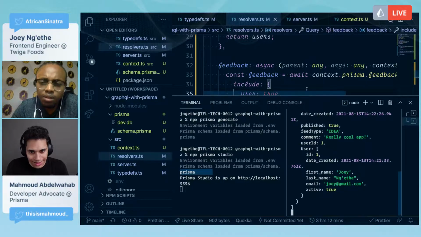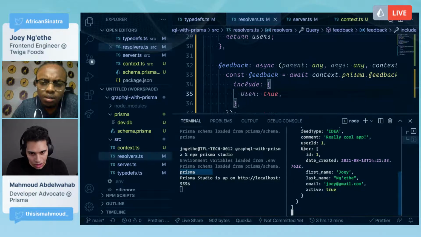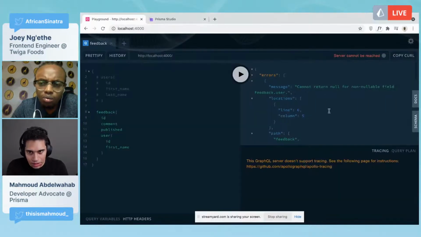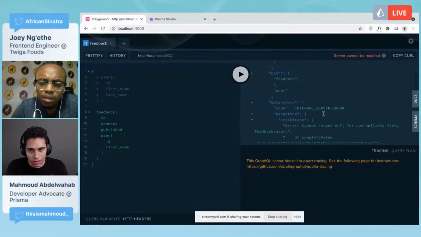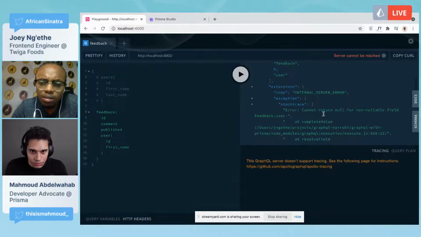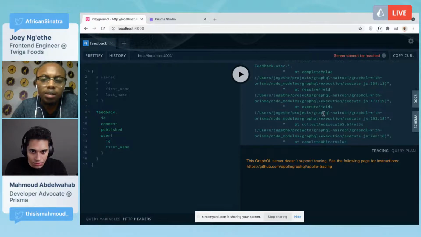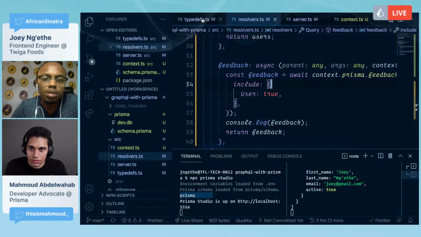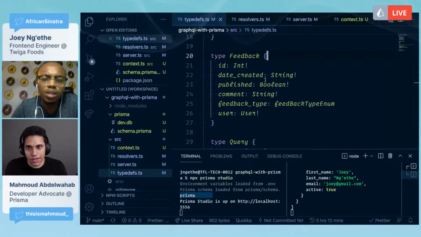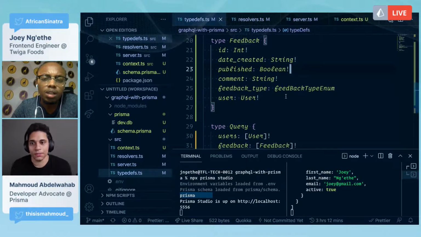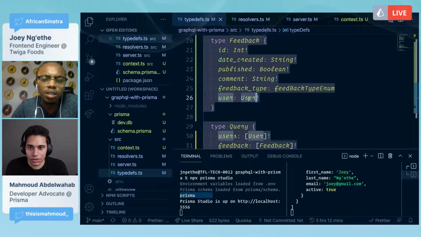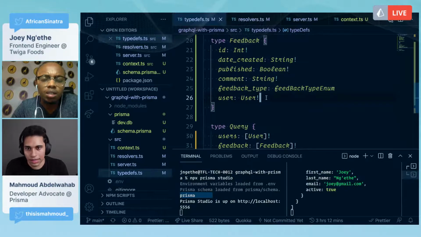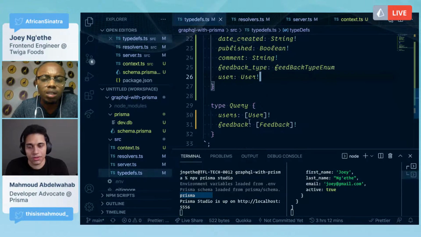So what is the thing that we're not including? Let me see. Yeah, let's go to the docs or the type definitions. Yeah, it's a mismatch with the type definition. So they must match. If we go to the feedback one, there's feedback, not user, and it's required. But let's just remove the required field and see what exactly gets returned, because right now that probably means that we're returning something null. Let's just test and see what happens.